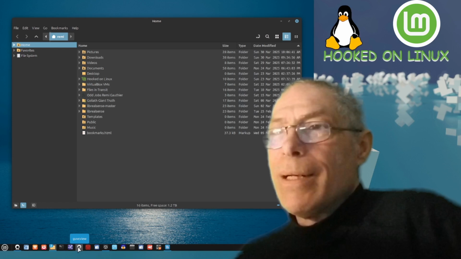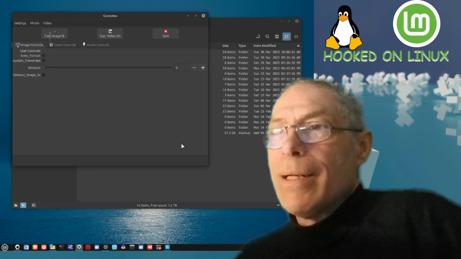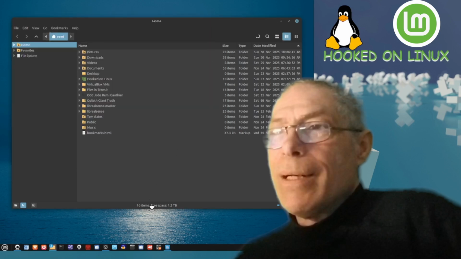I have a USB camera, and I use this guvcview camera control because I can control that camera, its resolution and the zoom features or whatever, right? So I don't record with it. I just set the camera and then I record with something else. Anyway, you've got to be a nerd to get into it.